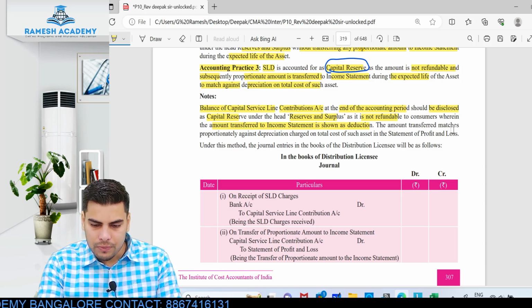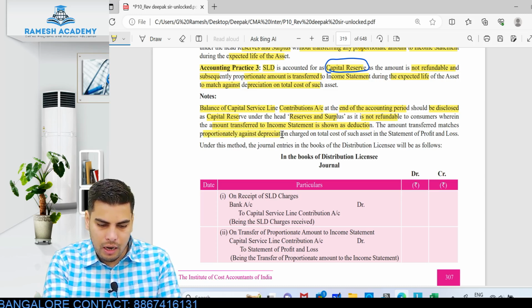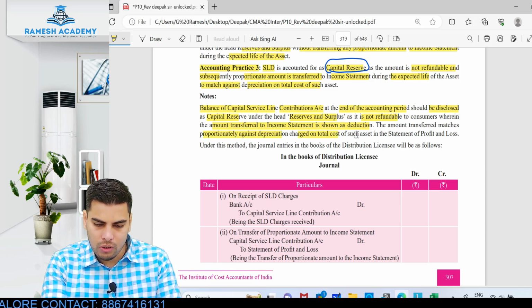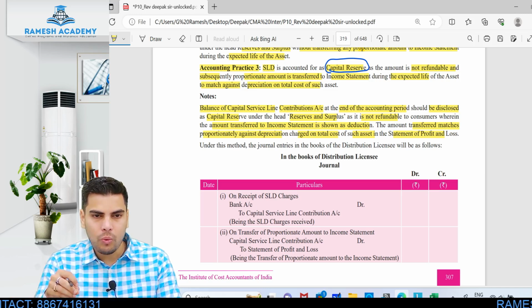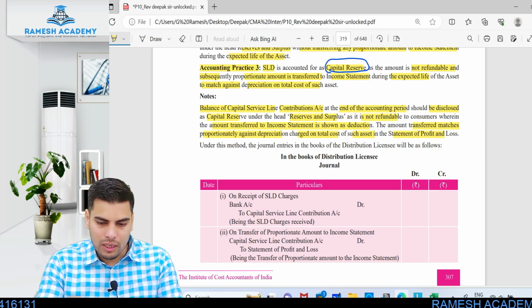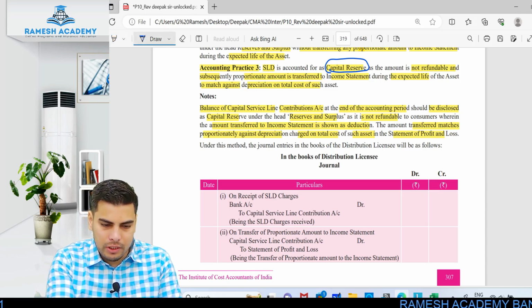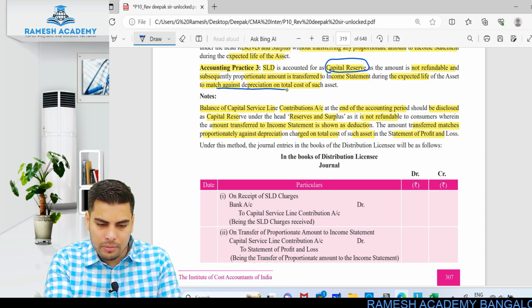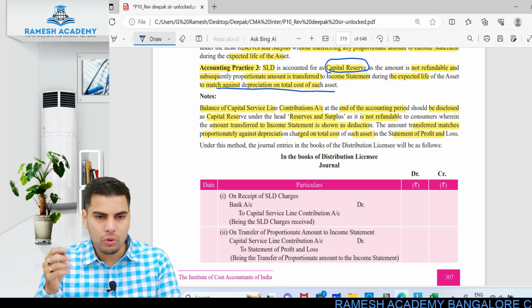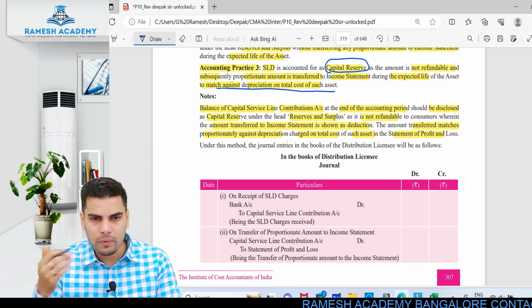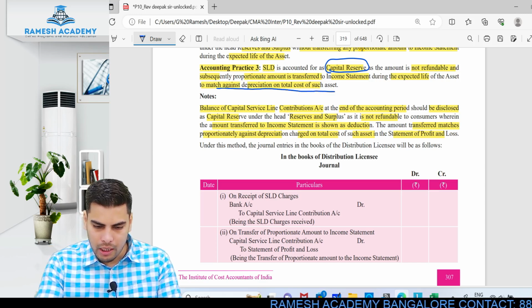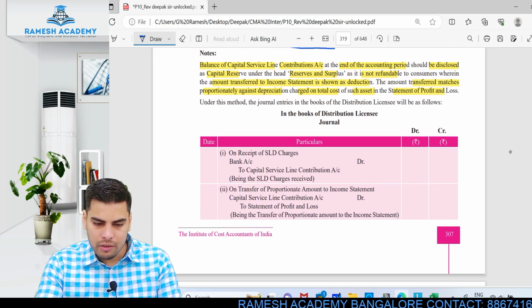The amount transferred matches proportionately the amount of depreciation charged on the total cost of such asset in the statement of P&L account. So this particular amount, whatever you are charging to your income statement, should be equivalent to the depreciation. That is why, if you see over here, they have clearly mentioned to match against the depreciation on the total cost. Okay, so equivalent to the depreciation amount is what will be transferred to the P&L account. So under this method, the journal entries in the books of